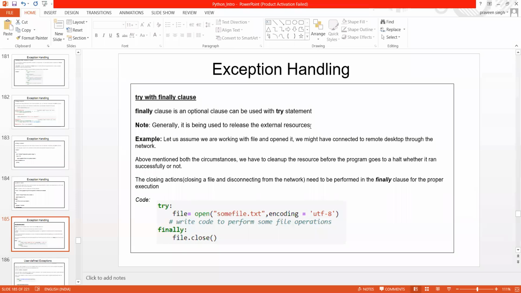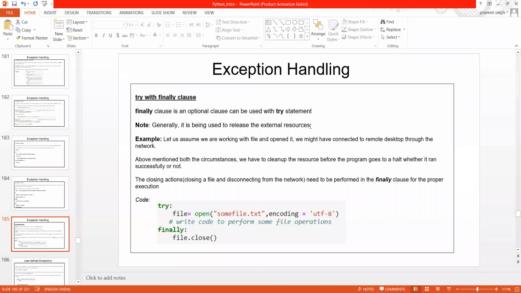So here the topic is, I wanted to use finally with a try. Basically, finally is a clause. I wanted to use that with a try. How exactly can we do that? Why do we need finally? You can use finally for your own purposes as well, no doubt, but most of the time people use finally to release external resources.